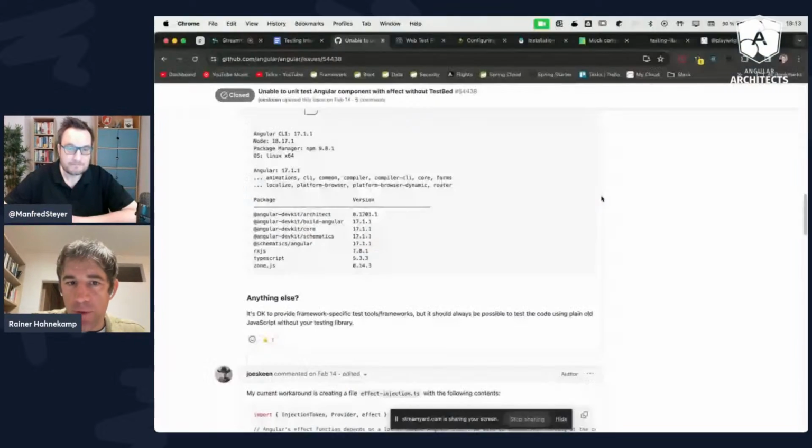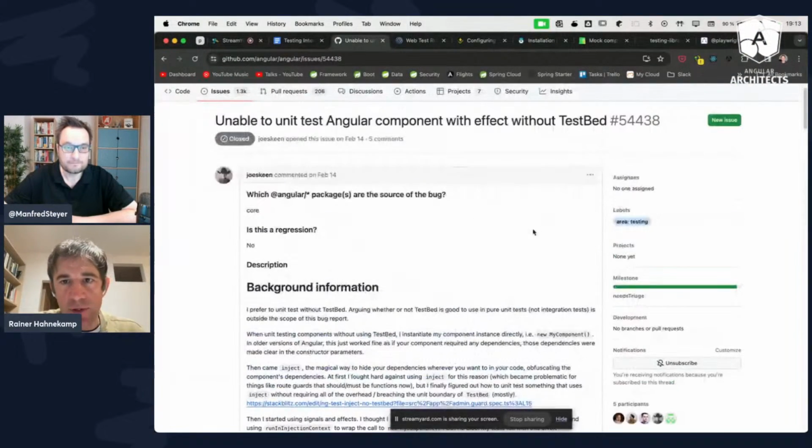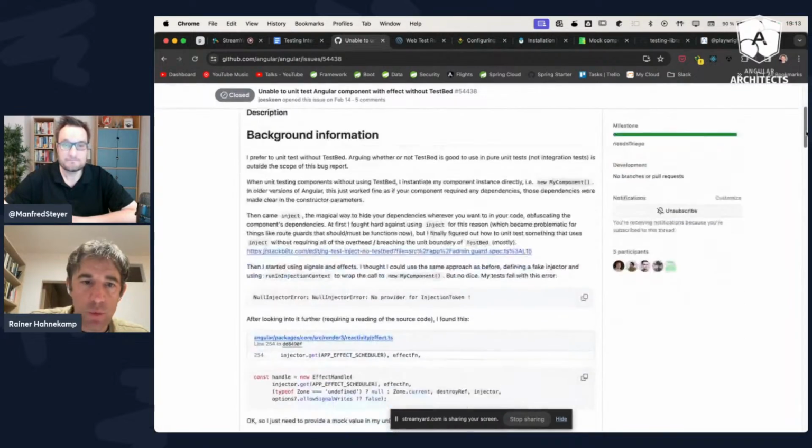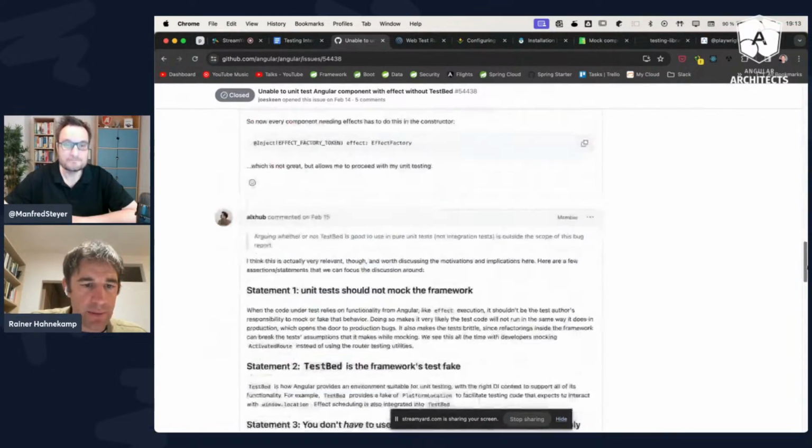And 3 or 4 weeks ago, there was a GitHub issue, and I can also show that one. I need to share my screen. There was a GitHub issue which started with a testing related question, where somebody asked that, in this case, he wants to be able to write a test with an effect, but he doesn't want to use the TestBed in that case. And then the discussion moved on, and we had them at the very end.